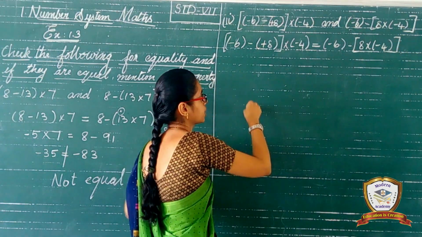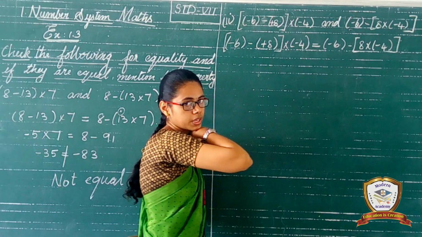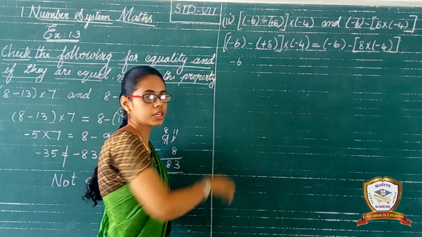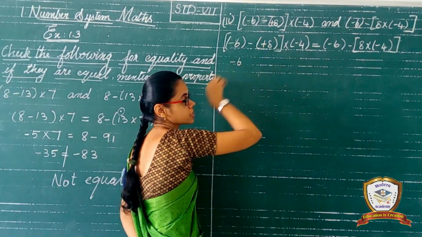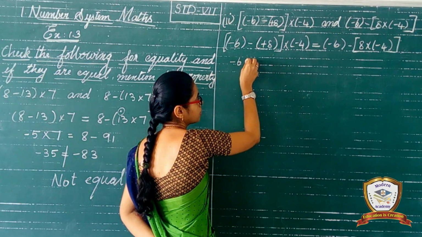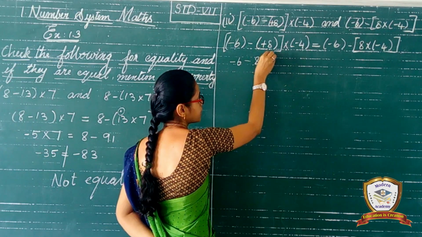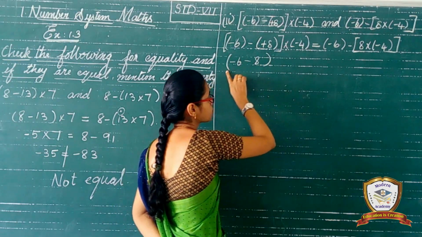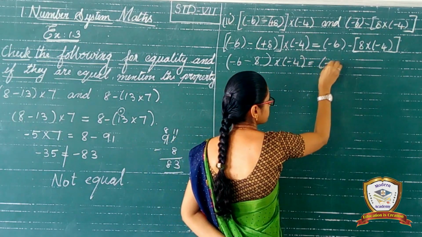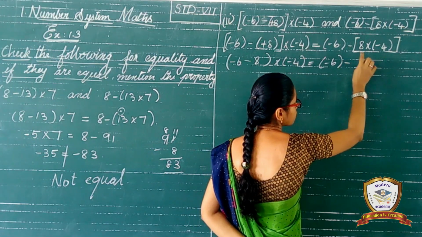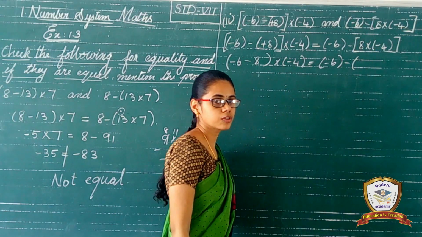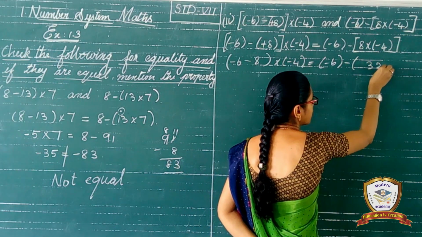Okay, now we want to check it. So first these two we want to simplify, isn't it? So minus 6, we need to multiply because we remove the bracket. So minus into plus, opposite sign, I mean different sign, no? Different sign means we need to mention the minus in our answer: minus 8, and put the brackets, open bracket and close bracket, and multiplied by minus 4 equal to minus 6 minus, these two we want to simplify. And 8 into 4, 8 4s are 32. And see, different sign.